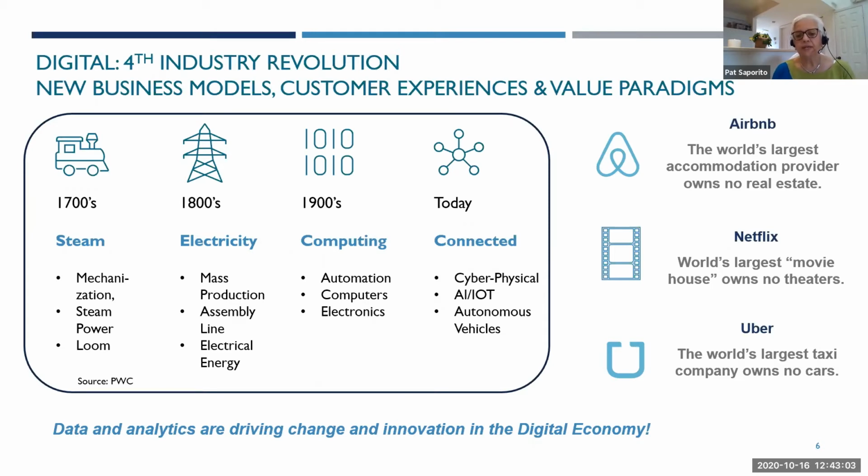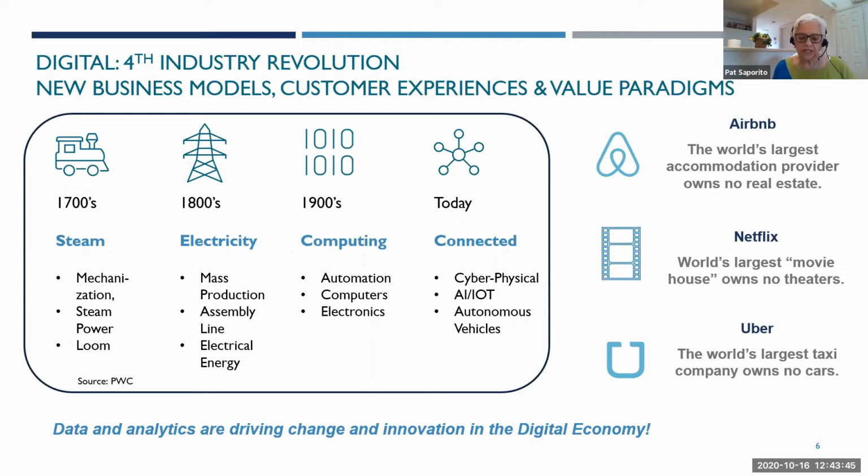But here we are today in the connected era, and it's cyber physical, right? Everybody's concerned about cyber liability, cyber risk. It's all about artificial intelligence, and because of that connectivity we talked about, so AI, because of the data, and IoT generating some of that data from all of those connected devices. A perfect example of this era is the autonomous vehicles, right? And certainly the jury's out on some of that. There are clearly risks associated with that, whether it's programming risk because they're autonomous, think about the professional liability related to that.